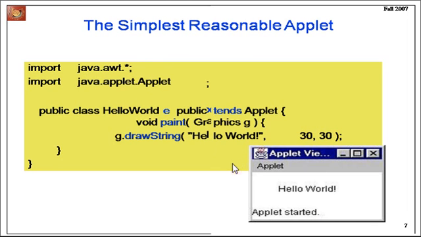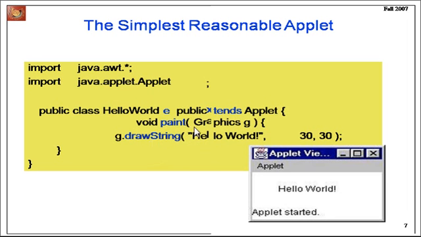Here we draw a simple message on your web browser. Firstly we import the java.awt package. Second we also import the java.applet package, and here we take a class named HelloWorld, which extends Applet. The Applet class has predefined methods like paint and drawString.